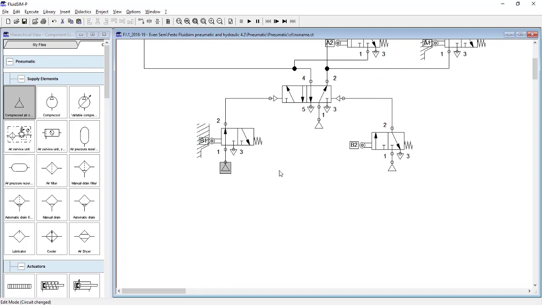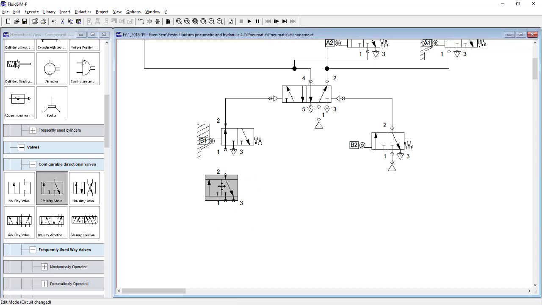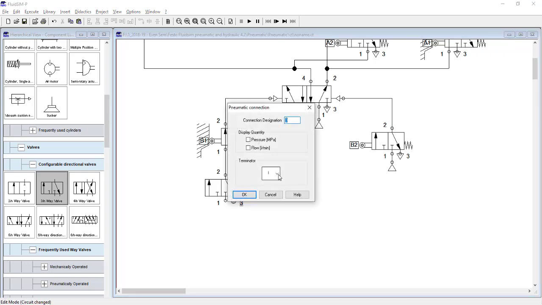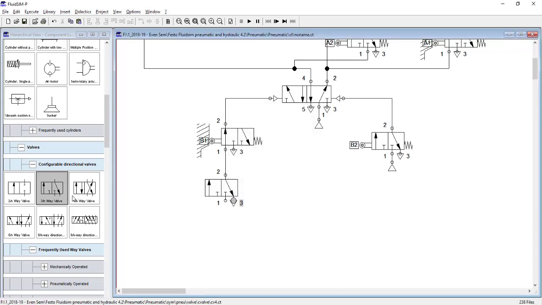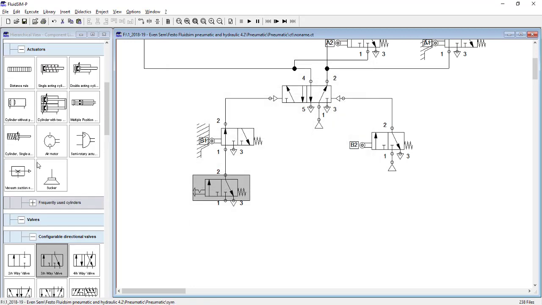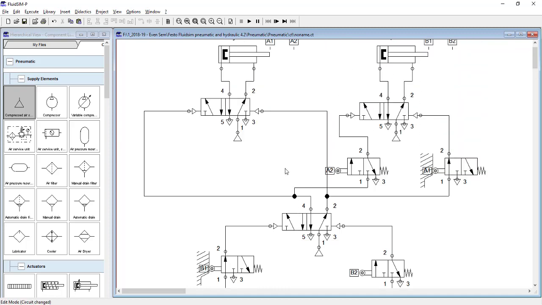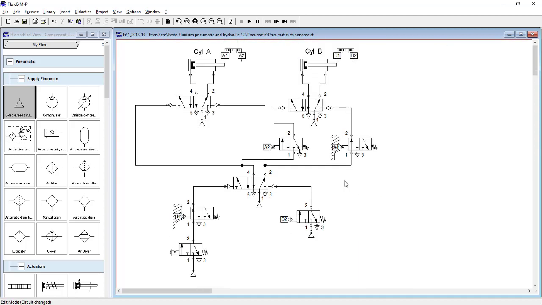Additionally, because the first motion should be controlled, what will we do? We will just put a 3x2 direction control valve over here. Connect this to this. Connect this to exhaust. This will be a switch. And there will be a compressor over here, right? This is your entire circuit, right? I have drawn it quite big so that you can see all the things. I'll just zoom out to see the working.